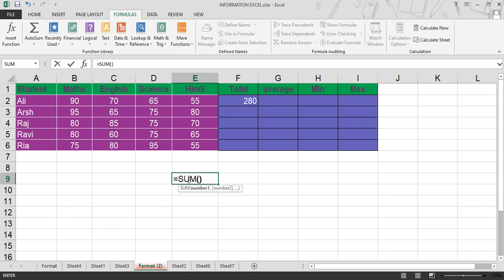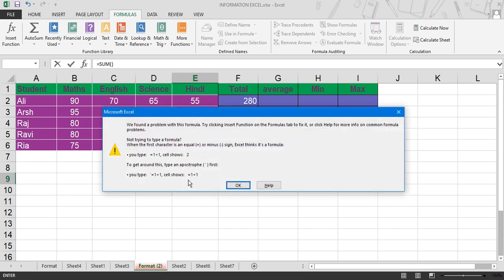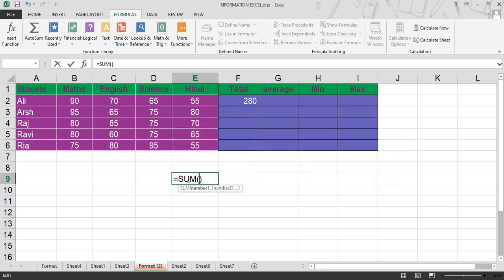And inside the brackets, we have to give the cell range, which cells we want to include in this sum formula. For example, if we want to include the cells B2, C2, D2, E2, we can use two different methods to mention the cell address.